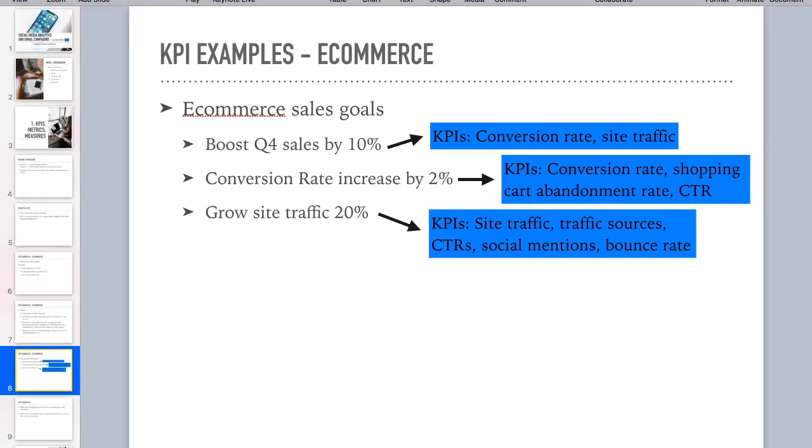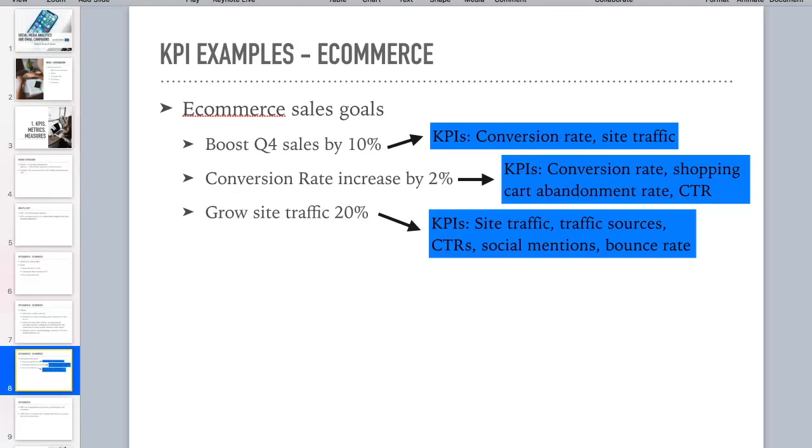So there is the opportunity for these metrics to act as both. And here's a really great example of that. So our conversion rate increased by 2%. What KPIs are we assigning to that? Well, of course, we're going to assign conversion rate itself because we're looking to increase the conversion rate, but also